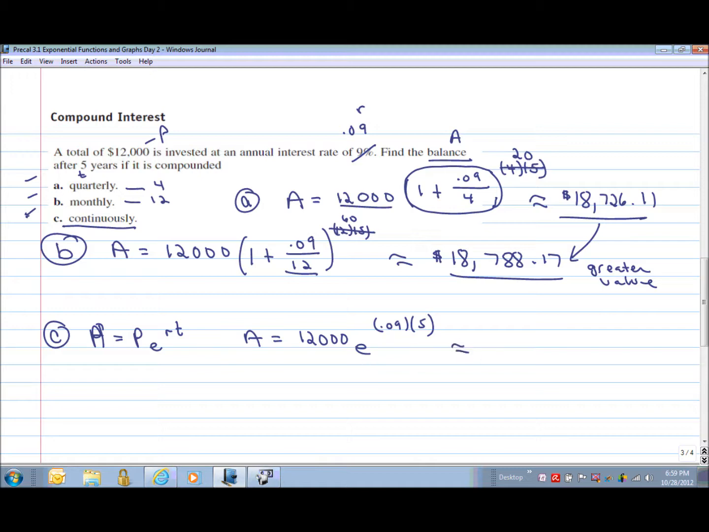When we put this in our calculator, this time you're going to put base e in your calculator. I'm not sure your blue calculator has base e. We'll see. If it doesn't, then we'll use the graphing ones. You'll put the base e in the calculator and raise it to the 0.09 times 5. So you'll raise it to all of this together first. Then again, multiply by the 12,000 last. When you do that, you should get approximately